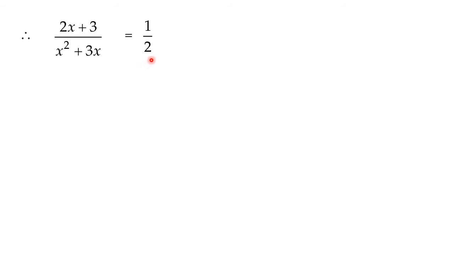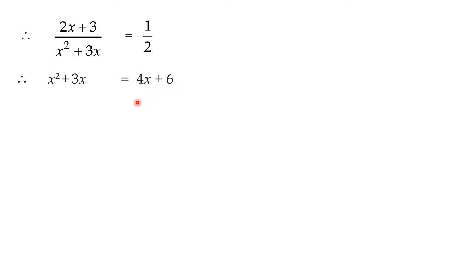Now again we have to go for cross multiplication because we need the standard form, that is ax square plus bx plus c is equal to 0. So again we will cross multiply here. So 2 into 2x will be 4x and 2 into 3 will be 6. So here we will get 4x plus 6 on one side, and on the other side we will get x square plus 3x because we are multiplying by 1. So no changes are going to be there. So we will get the two sides like this: x square plus 3x is equal to 4x plus 6.